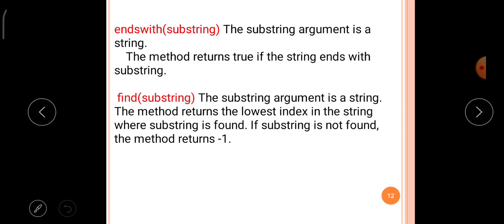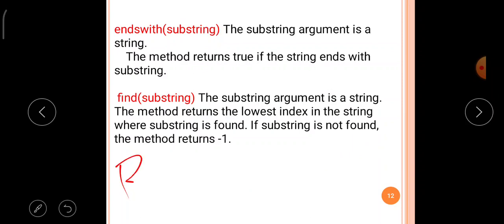So for example, the find function: a string is verified against another substring, and the lowest index in the string where the substring is found is returned. For example, Ramakrishna.